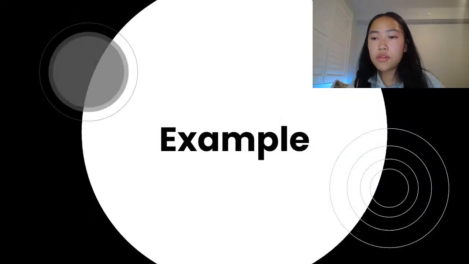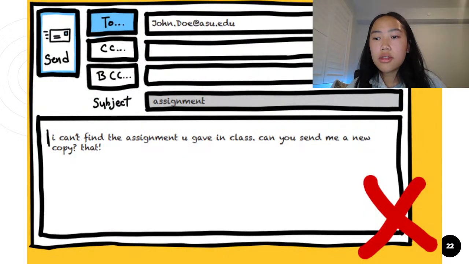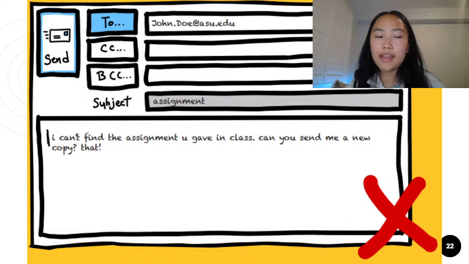All right, so to wrap it up, I have an example to show you guys of what to do and what not to do when sending an email. So in this scenario, the student is sending an email to their prof. All right, let's read it. The subject line is literally just "assignment," and that is very, very vague. There's no class code, that is missing, and it's not even capitalized. Now let's look at the body of the email. It's lacking a lot, actually.